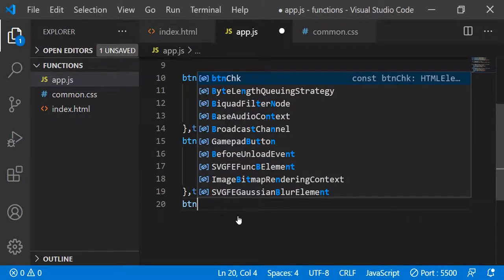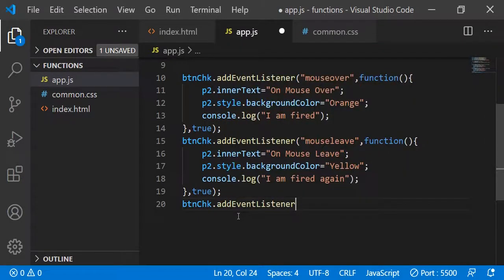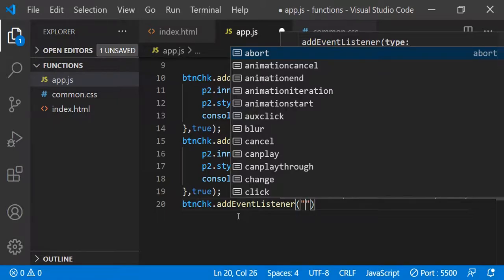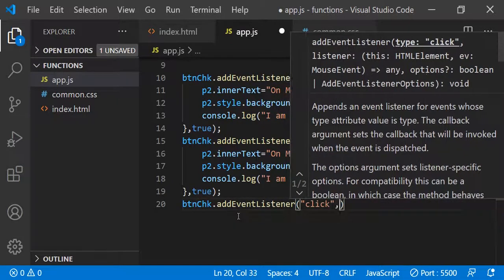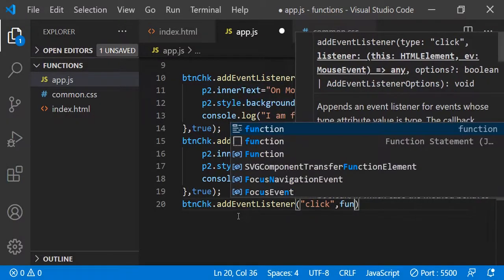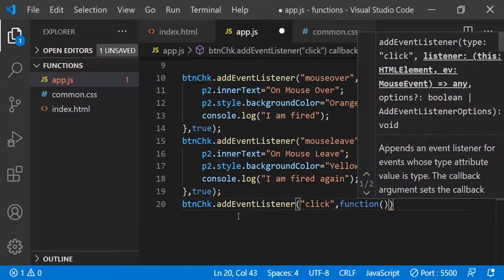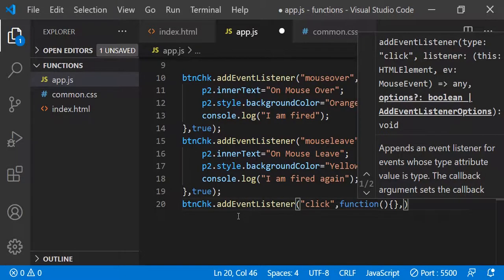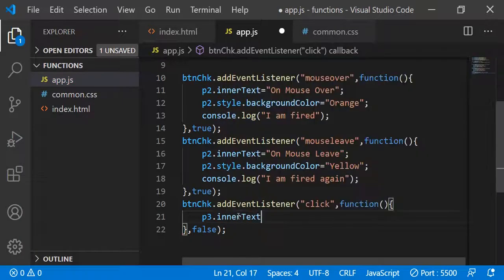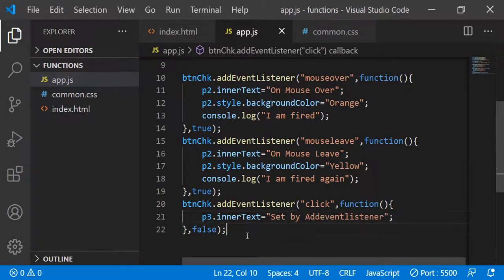Let's see. Button check dot add event listener. So what is the event name? It is click, not on click. When you're writing here event name, you should mention click. And function, and you can pass, as I said, true or false. Here inside I'll write p3 dot inner text set by.